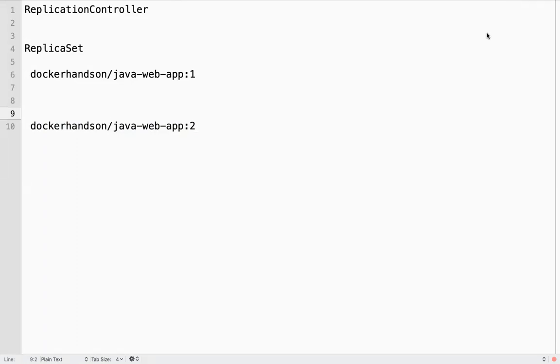Because I want to delete and again I have to create. In this case, if I have to update my containers, I need to delete and recreate these replication controllers and replica sets.